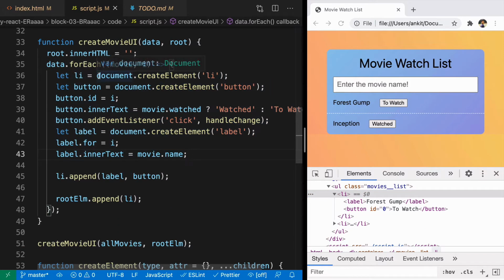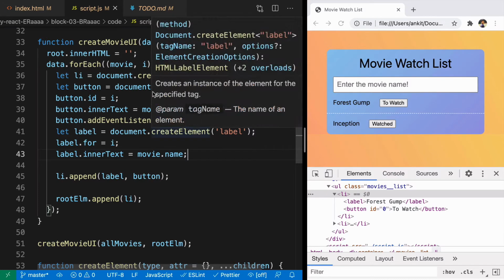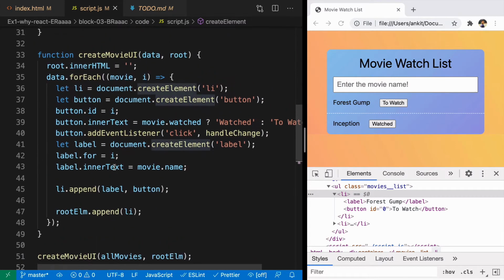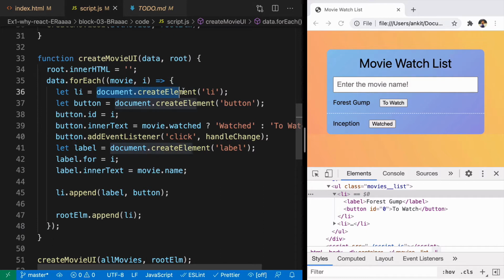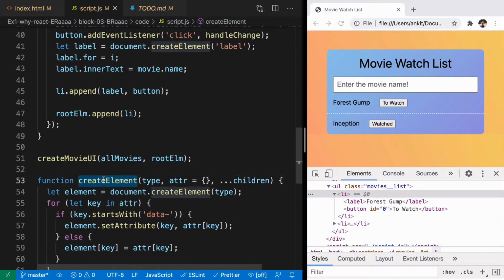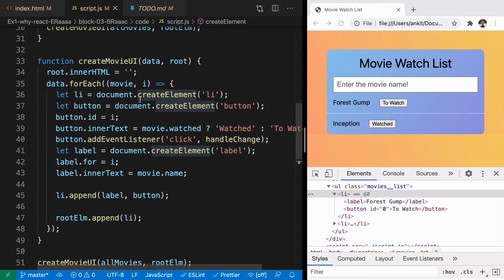Here we can see that we have to create a li element, right? It doesn't have any attribute, but it does have some children, right? So let's go ahead and do that. One thing to differentiate here is we have a function named create element, but here to create an element, we are using document.createElement. This function is coming from the document object that is present in the browser. But now we will use the function that we created by ourselves named only create element. So first thing we'll do is remove this document from here.